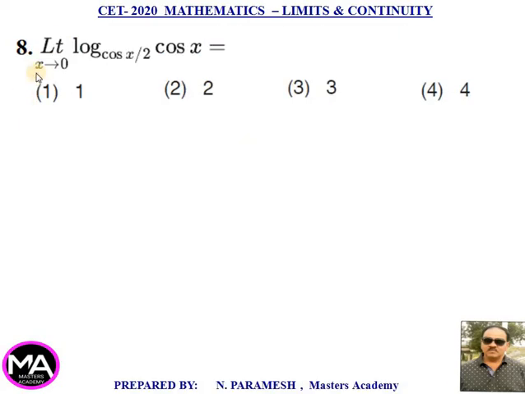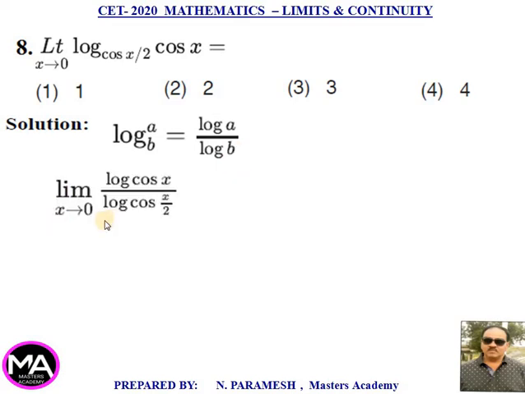Eighth question, limit x tends to 0, log cos x to the base cos x by 2 is equal to, 4 options are given. Solution: log a to the base b is equal to log a by log b. Limit x tends to 0, log cos x divided by log cos x by 2 is equal to limit x tends to 0, derivative of log cos x is 1 by cos x, derivative of cos x is minus sin x, that is equal to minus tan x, divided by the derivative of log cos x by 2, which is